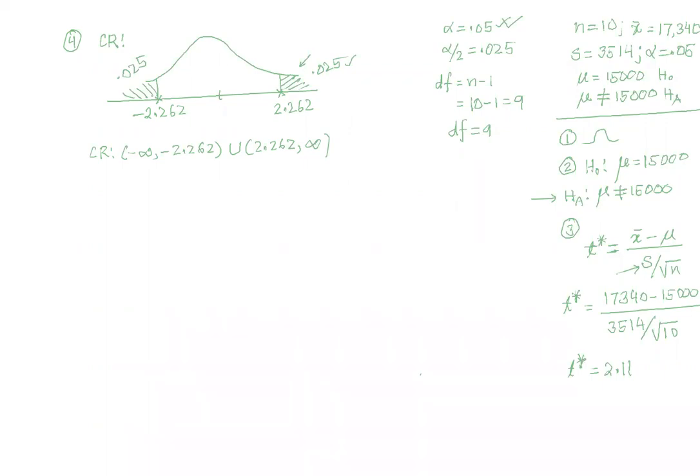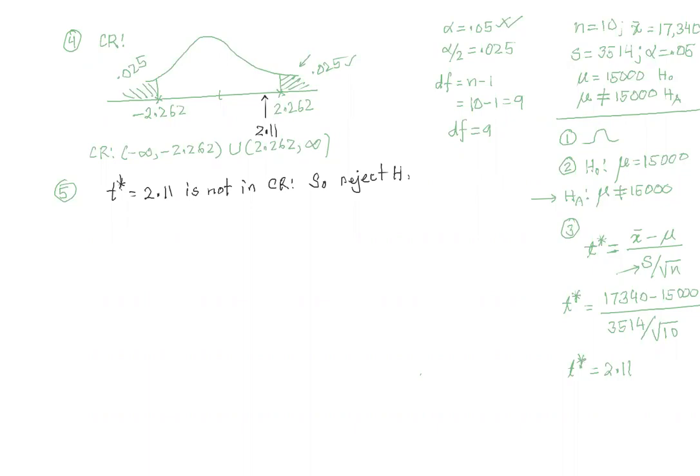That's your critical region. So now, step number 5, your test statistic T star, right? Your T star is 2.11. So which is probably somewhere here. 2.11 is not in the critical region, right? So reject